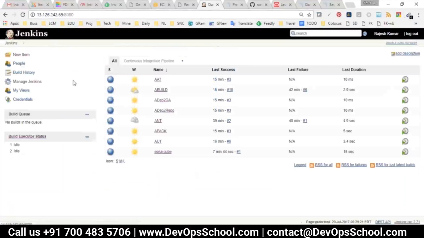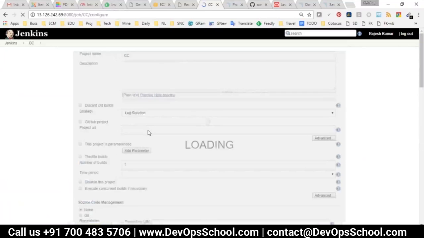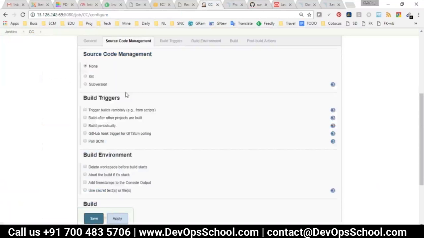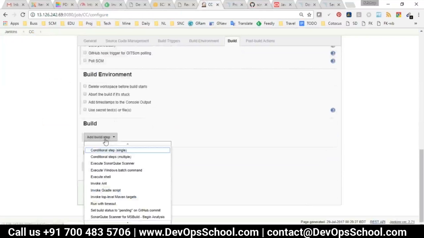So for these rules, I'll go to this one and name it CC, for code coverage, and choose freestyle. And where is the source code? So it's there in this location. Okay, so I got this. Now, what is your builder? So builder is JaCoCo. So which one should you call? So you should call the